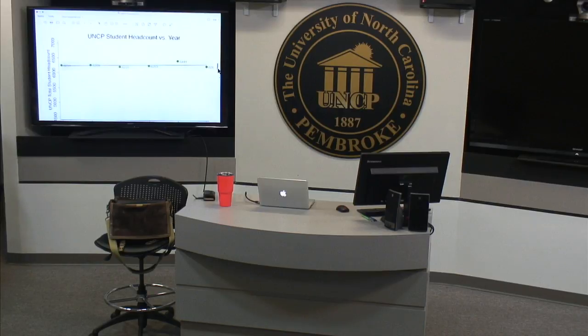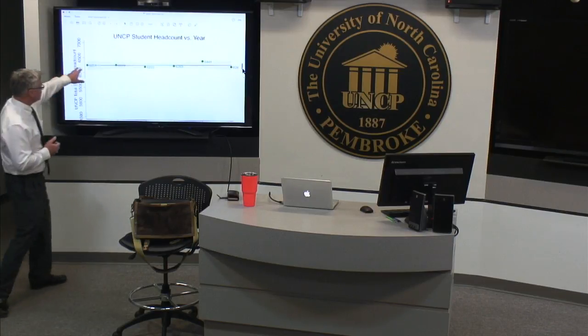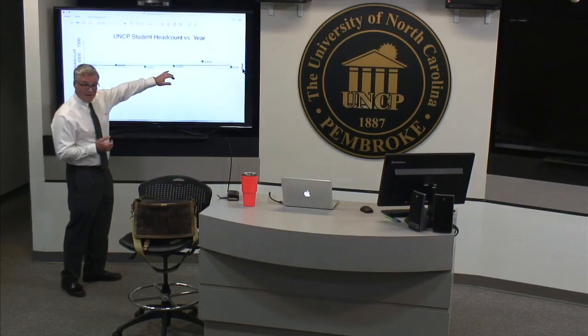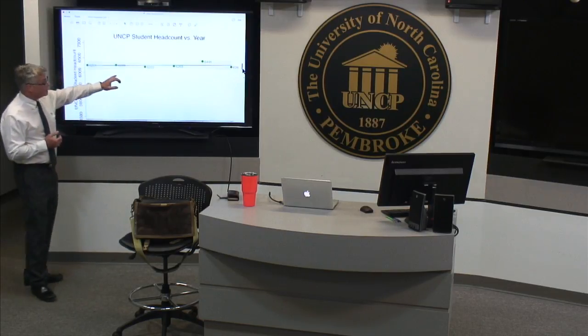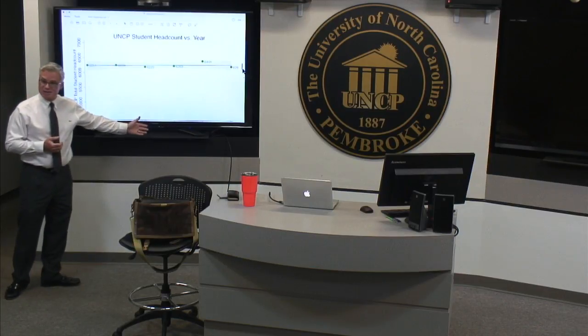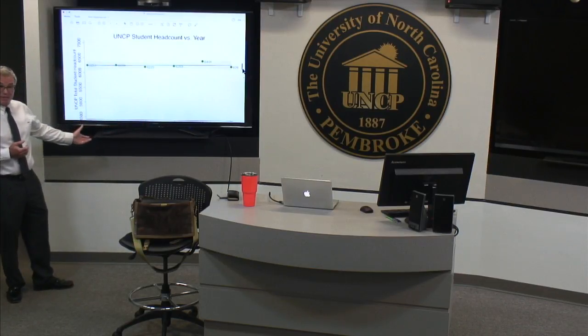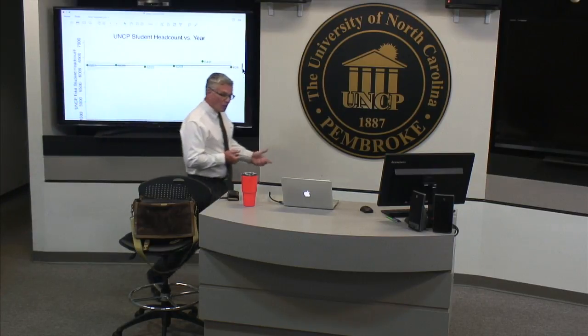If the slope of the line is zero, there is no relationship between our dependent variable and our independent variable. And so this line is effectively virtually flat. It's flat enough that these data are not statistically significant at all. This appears to indicate that we have no growth over these years. So as years increased, student head count stayed the same. So no growth. So we have two distinct regions, one of growth